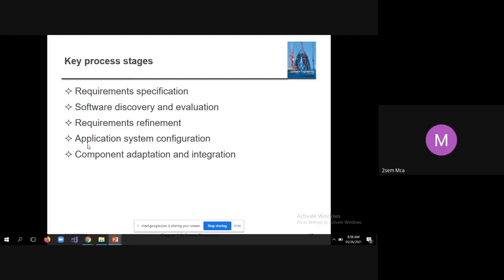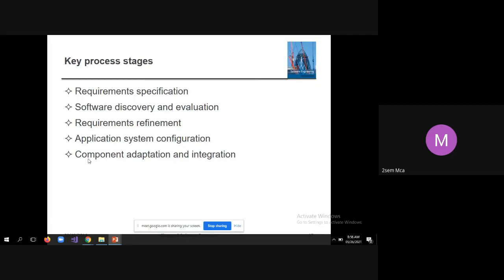In case everything is found, application system configuration, you can just configure the system. Or else, component adaptation and integration. That means you identify which components are to be developed for the first time and adapted as per the user's requirements. Then the final integration of the system should be done.